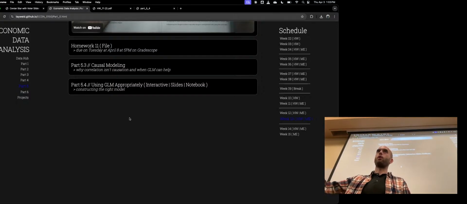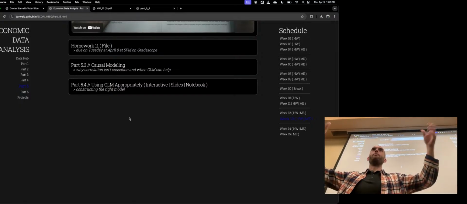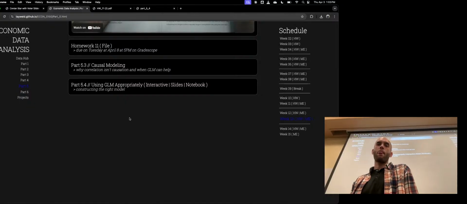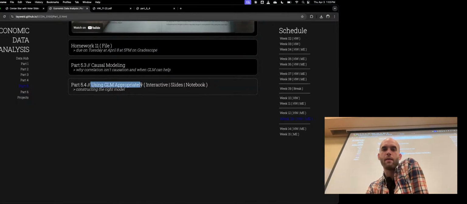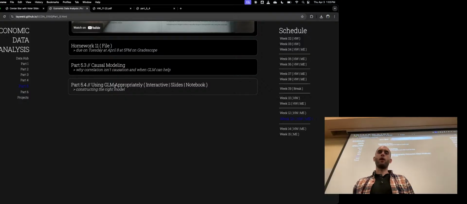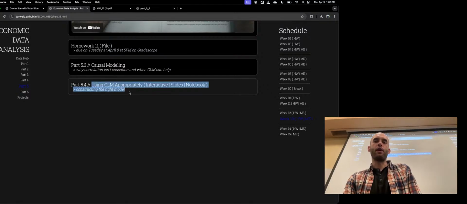So we're going to put a lot of focus on the final project as a sort of a bow on the semester. So that's where we're going today. We're essentially talking about how to use the general linear model in various contexts. We're going to cover a lot of familiar things, but from a higher level than we typically do.